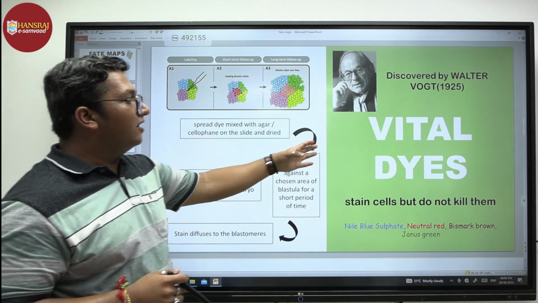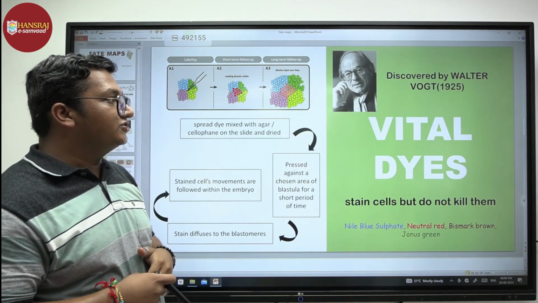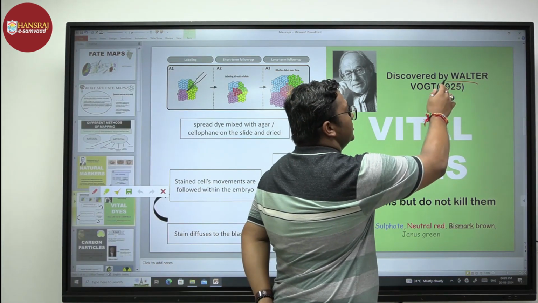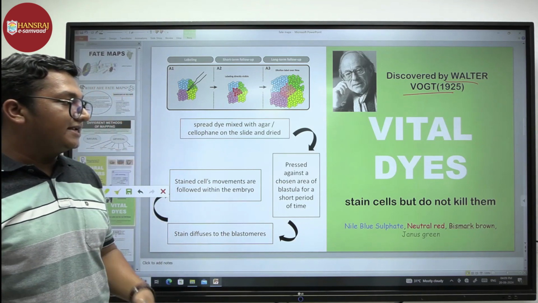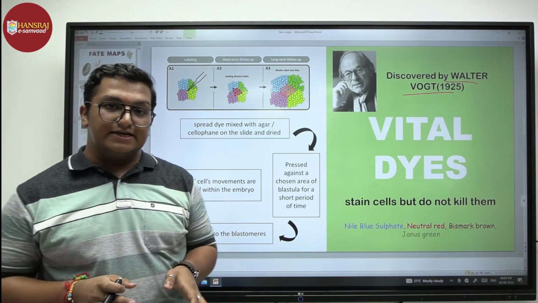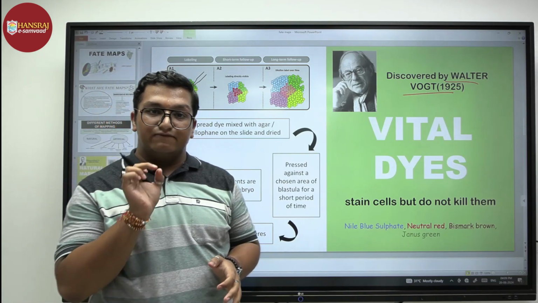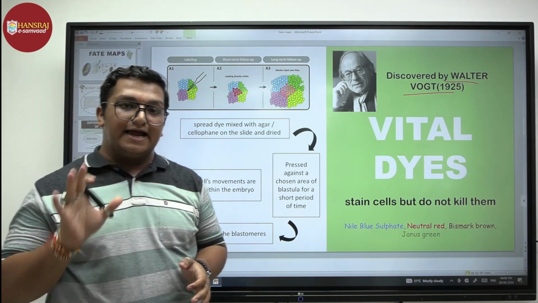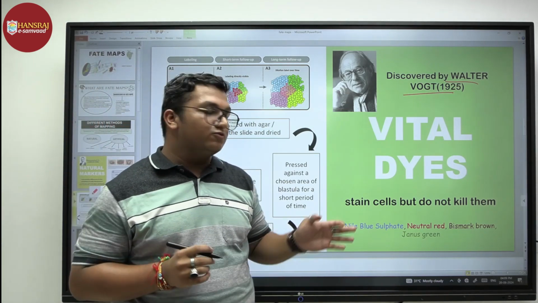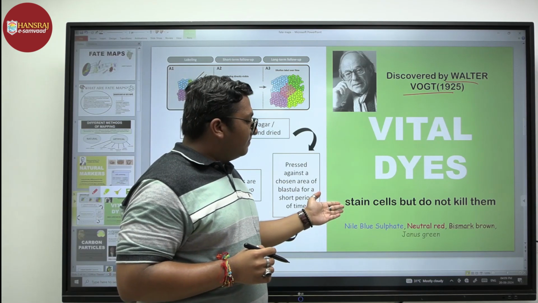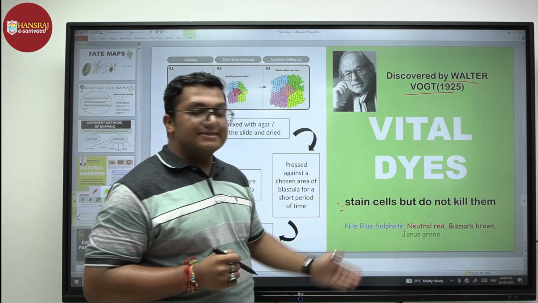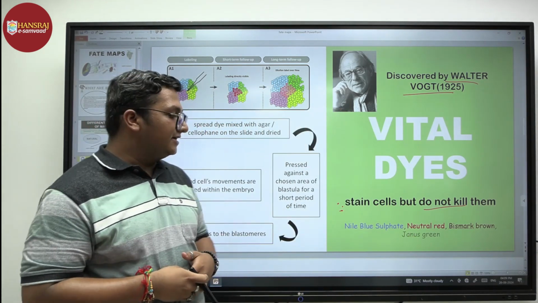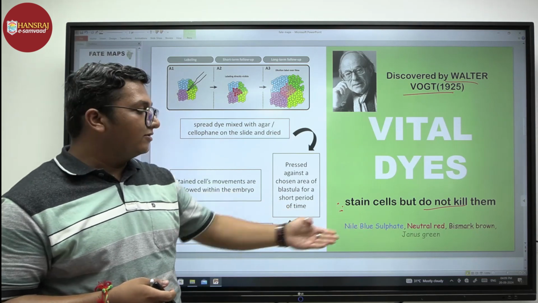Moving forward, we come on to vital dyes. First artificial method. It was discovered by Walter Vogt in 1925. So what basically are vital dyes? We stain the cells with it. So basically we have a mass of cells and we have to label a particular cell in it. So we use a dye, basically like how we used to highlight our notes, which is something important. The best part of these dyes is that it stains the cell but it does not kill them. I have mentioned a few examples of vital dyes here, which contain Nile blue sulfate, neutral red, Bismarck brown,